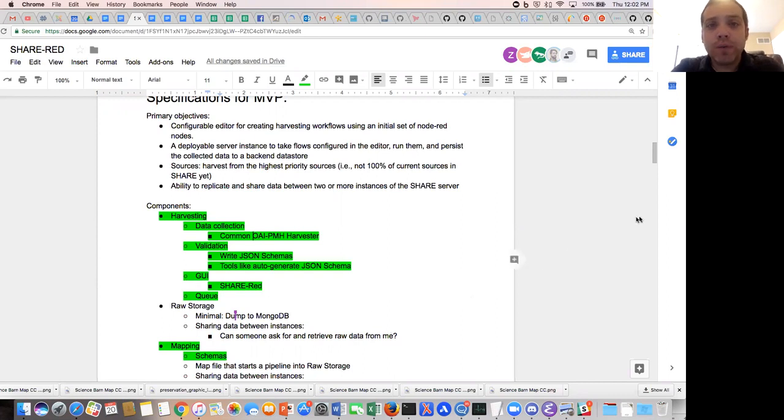And we think Node-RED offers some benefits there. So that's the core of the vision and the philosophy that we're trying to maintain of inclusivity and lowering the barrier to entry and bringing more people into this area of research.